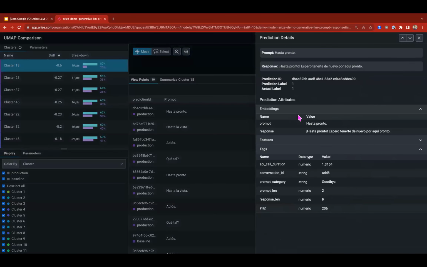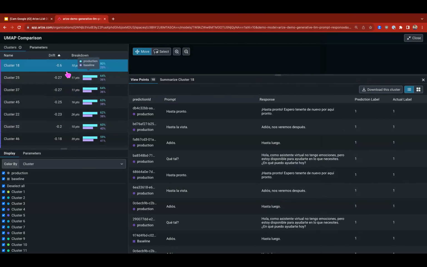I can get into more detail, like prompt category or response length. I can review the ones having this imbalance between production and my baseline. These are the ones where I don't have coverage between my vector database and what we're actually getting in queries in the real world.